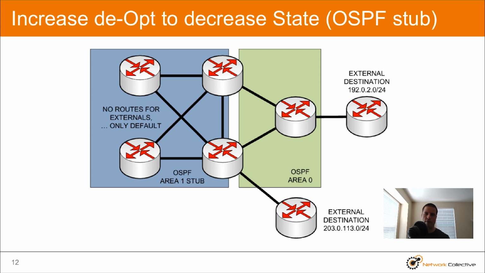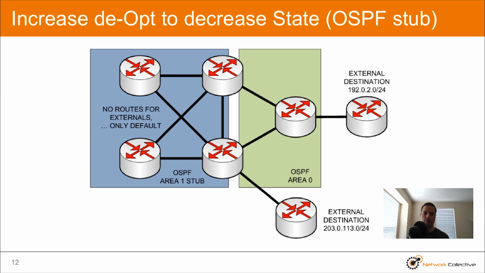And again, I'm just using router icons because I don't want to make this overly complicated. I've got a couple distribution devices and then some access devices. And again, they're all running routing. Maybe I've got an OSPF stub area. For those who aren't too familiar with OSPF, this is an area type where I'm just injecting a default route as well as all my internal OSPF routes. So I'll have longer matches for my routes in the green bubble and the blue bubble, but I won't have longer match routes for all my external destinations.